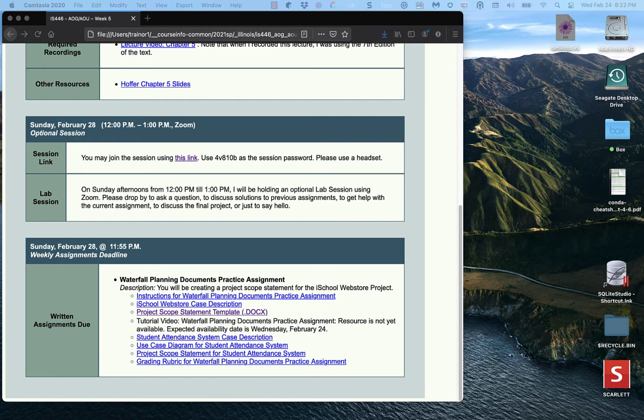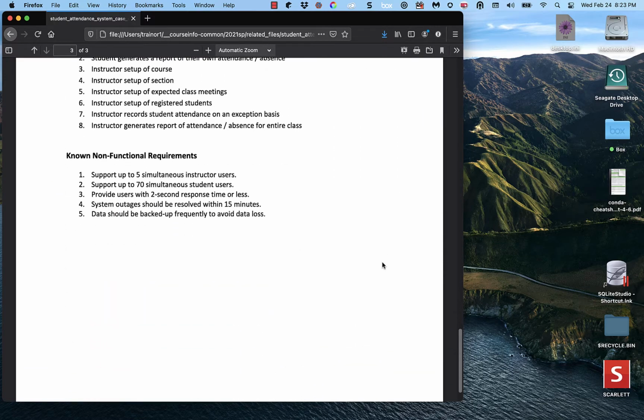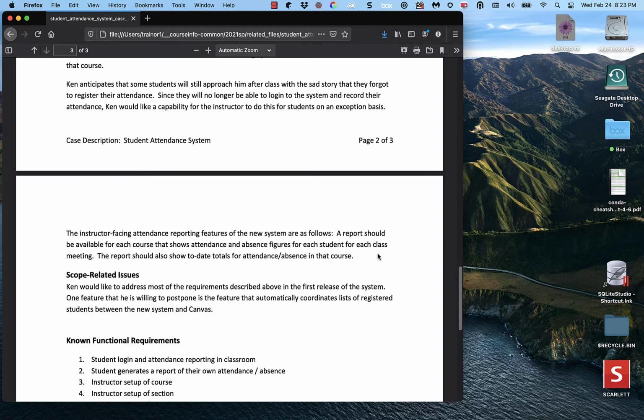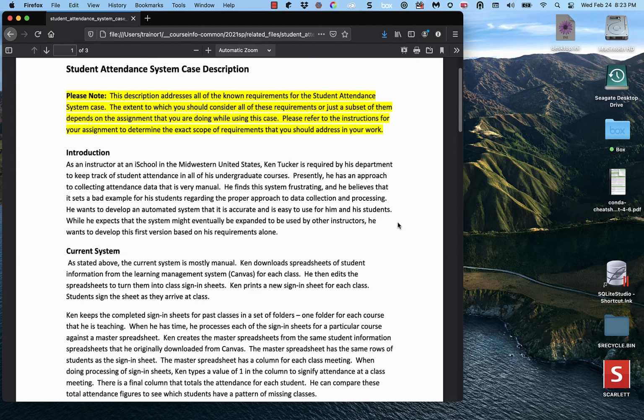So let's see. In class, I showed you the case description for student attendance, and that looks like this. Okay. And this is a pretty new document. I guess I kind of worked this backwards from the work that I had done previously. I never really had a case description for this until just a couple days ago. All right. I had all that information in my head, but I wanted to make this really as parallel to the iSchool web store as I could, right? So,